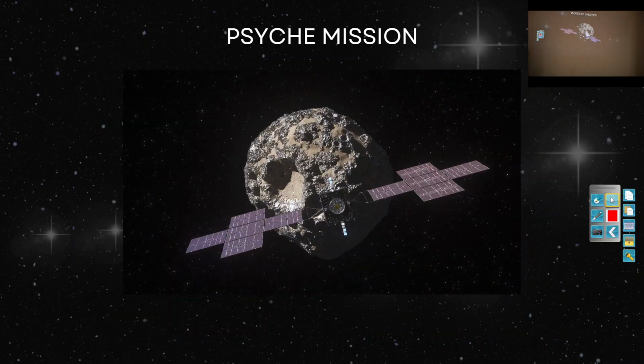So next we have this Psyche mission. It is by NASA. It was launched in 2023. This is going to explore an asteroid in the asteroid belt. The asteroid is actually named Psyche because it is made up of iron and nickel, and studying this asteroid will give us information about the Earth's core, because Earth's core also contains nickel and iron and all of those heavier metals, right. So, this will provide information about the Earth's core.